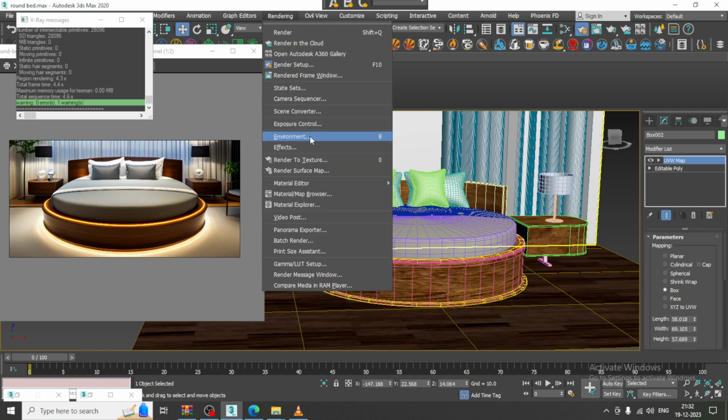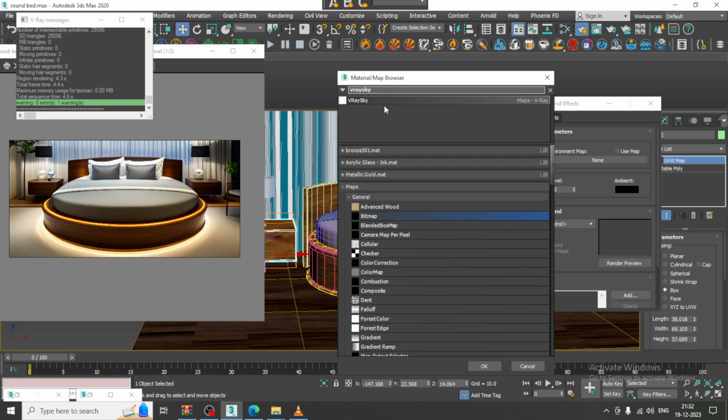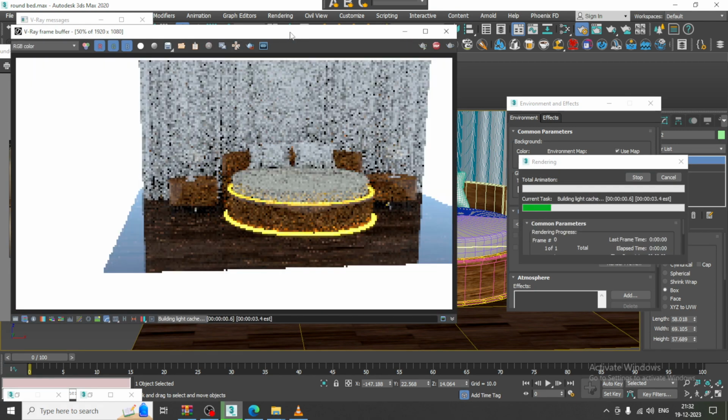so rendering, so go into the environment and I'll just add Vray sky over here. So let's just render and see how it looks. Okay,